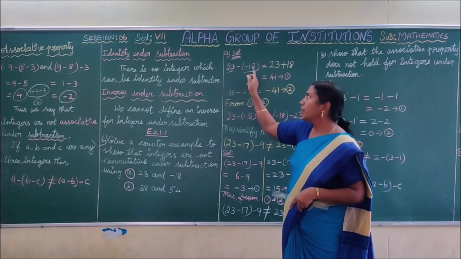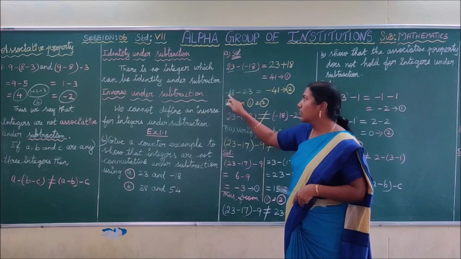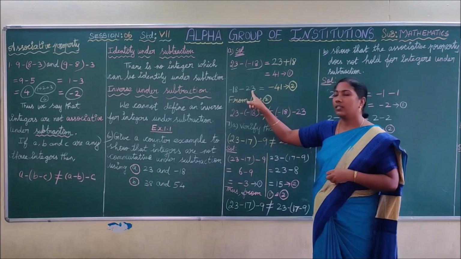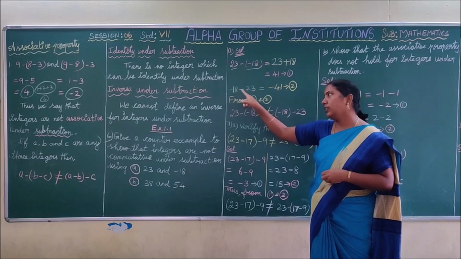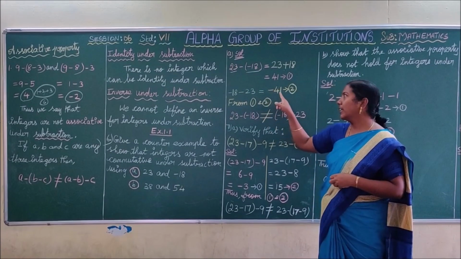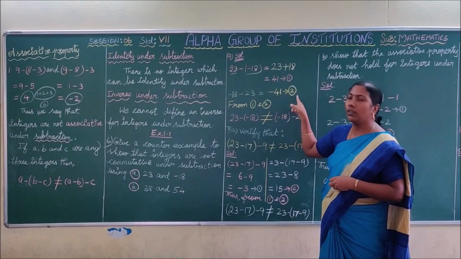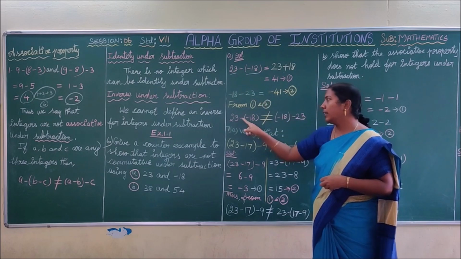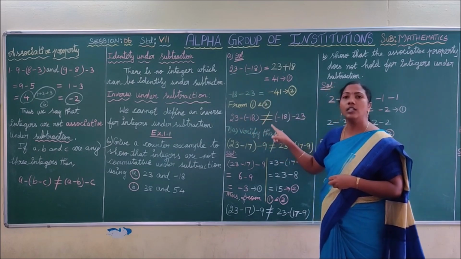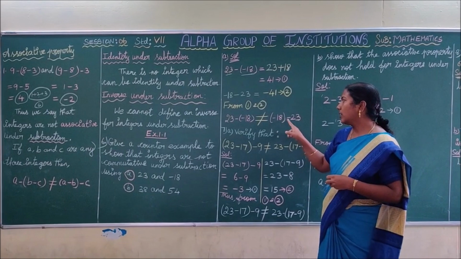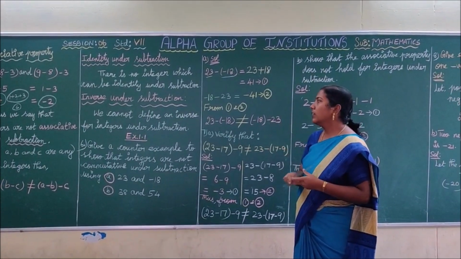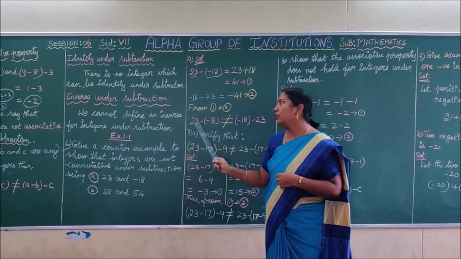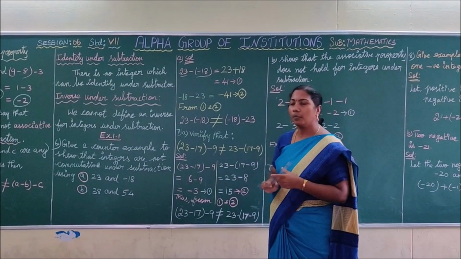Now change the order of subtraction of integers. Next we are taking minus 18 first and then 23 next. So subtracting these two integers, we get minus 41. Let it be the equation number 2. Comparing the equation 1 and 2, what do we get, children? 23 minus of minus 18 is not equal to minus 18 minus 23. Thus, we have given the counter example for subtraction is not commutative by using the integers 23 and minus 18.